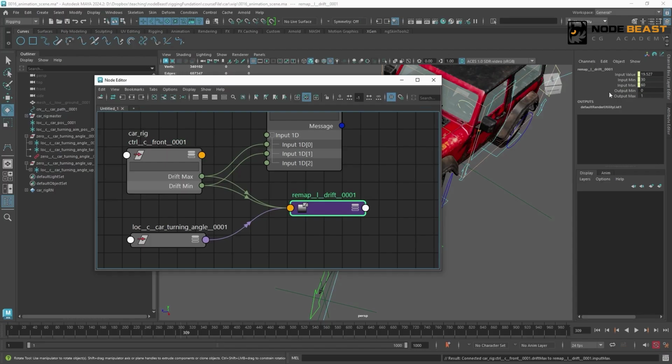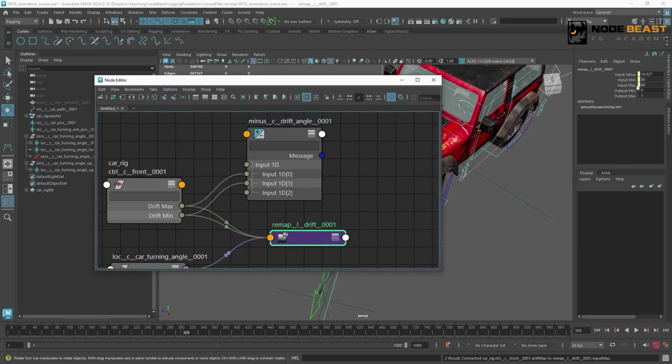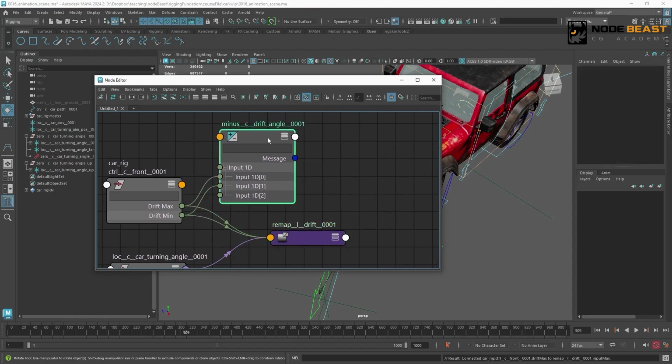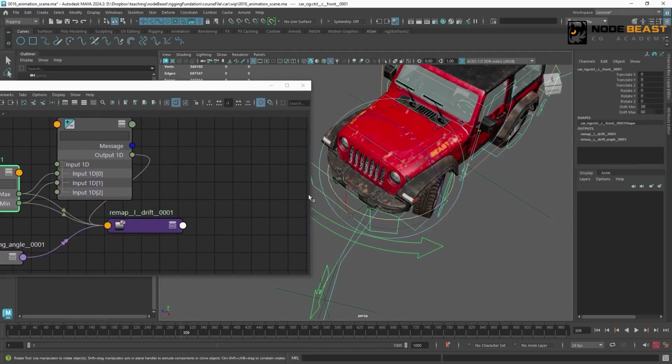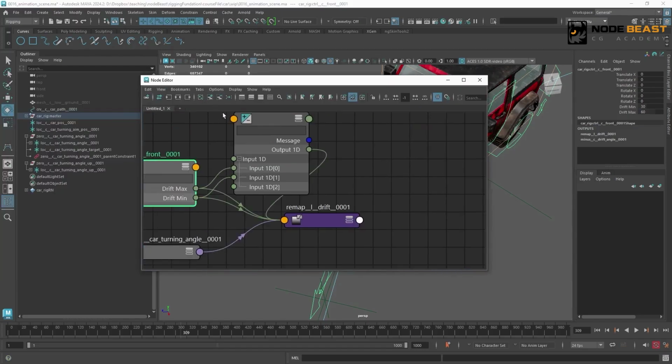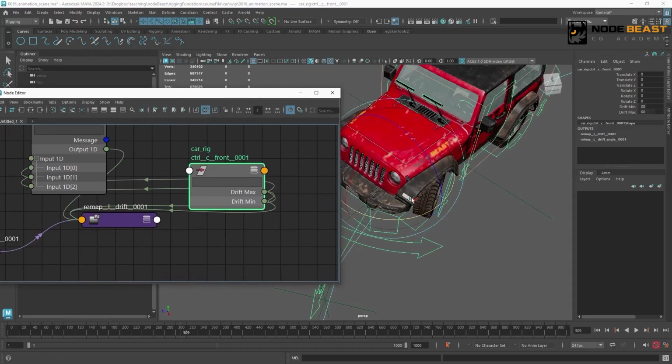And when it reaches 60 degrees, we want it to rotate to the final angle of 60 minus 30. So we connect this subtraction result here. Connect it to the output max attribute. Then we can connect it to the front controller first to test it. Connect it to its rotate Y.